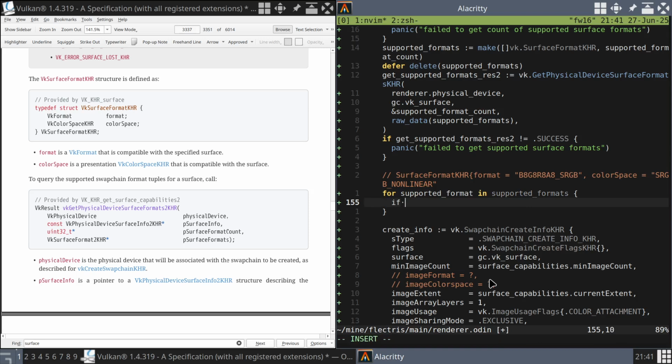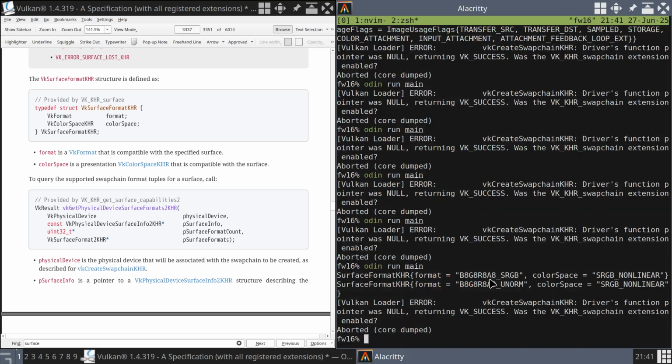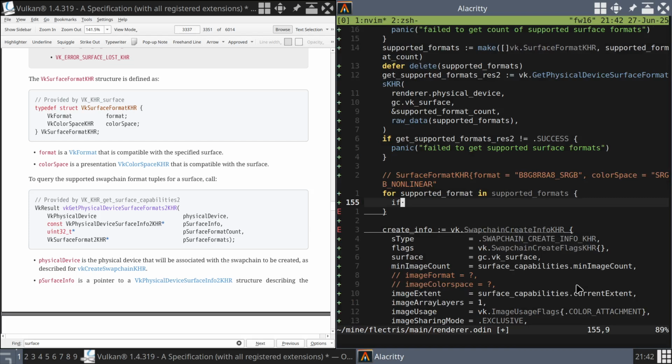And we're going to say if... So I guess they come in tuples. That's also interesting. Both the ones there have the same color space, so actually the surface we're using only supports this color space. That's interesting. So they'd need to come in pairs. I guess you might have a format and a color space, and then a different format with a different color space, and it's not like we can just check them individually. They have to come as a pair, which totally makes sense for the API to be designed the way it is, in these tuple pairs. So if supported format,